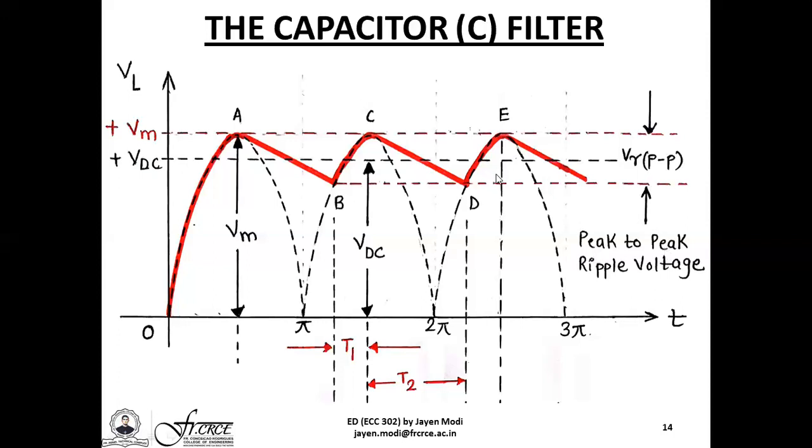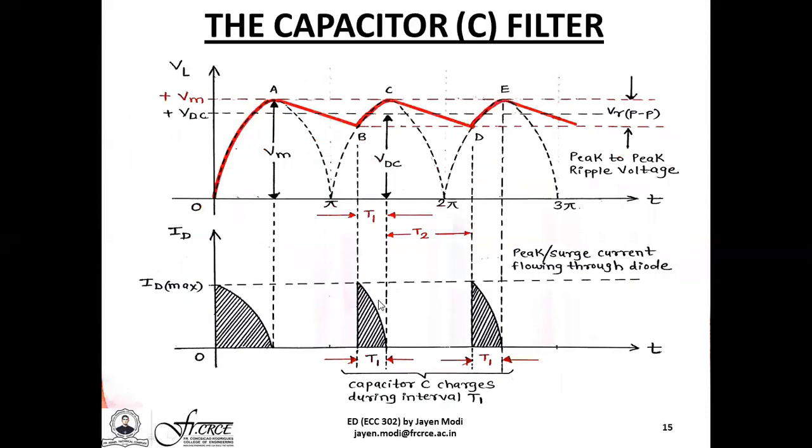The only drawback associated with the capacitor filter is that, although the ripple content is minimized to a great extent, it draws a very heavy current through the forward bias PN junction diodes. The reason is that the internal resistance of these diodes is extremely small. So when C charges from point B to point C, from 0 to point A, and from point D to point E, and so on, a peak or surge current flows through the diode, because the capacitor is known to prevent a sudden rate of change of voltage across it. And this is compensated by a spike, a surge, or a sharp transient in the curve for the current.